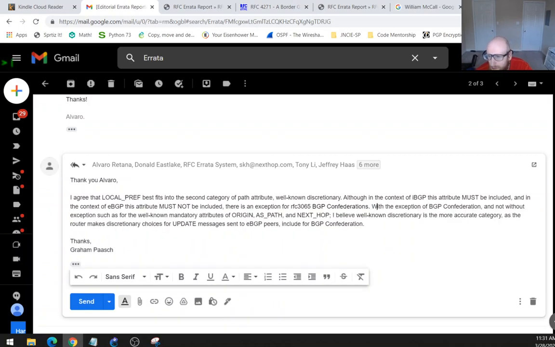With the exception of BGP, with the router discretion of BGP Confederation, with the discretion of BGP setup,